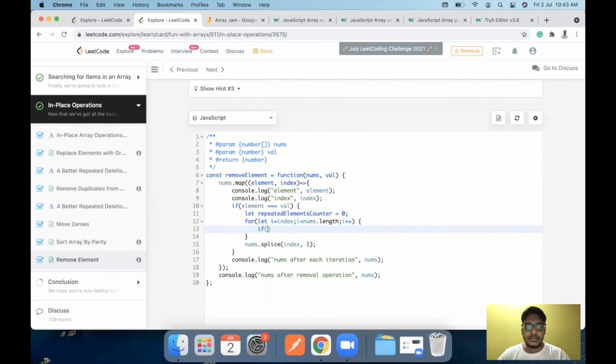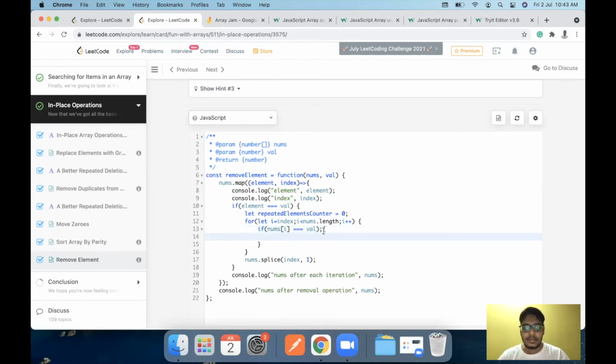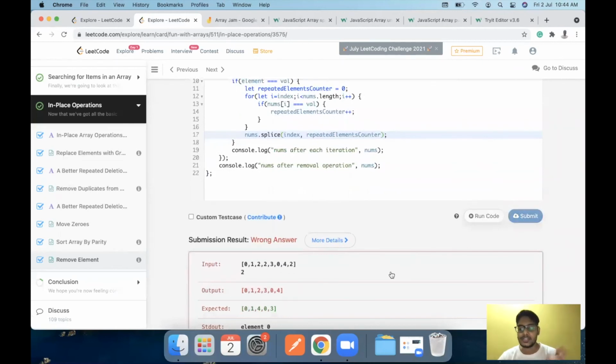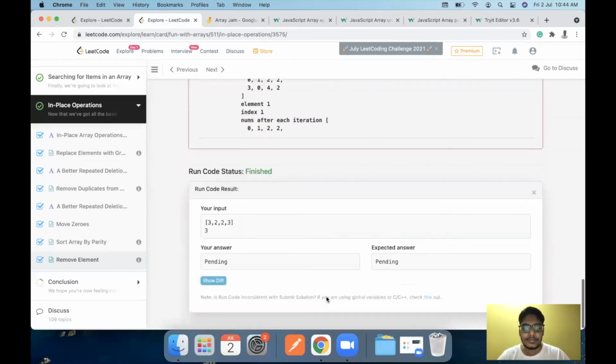Then we check if the current element at index, which is nums[i], is equal to val. Then increment this repeated elements counter by 1 using repeated plus plus, or you can go with repeated elements counter is equal to repeated elements counter plus 1, whichever you want. Then we pass this repeated elements counter here. Now let's try to run our code with the first pass and check whether it works.